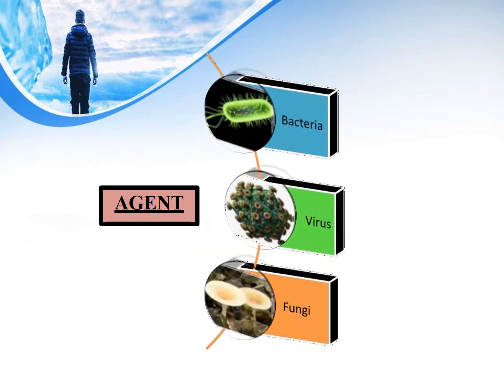Now about the external agent in the epidemiological triad. The agent may be defined as a substance, living or non-living, or a force, tangible or intangible, the excessive presence or relative lack of which is the immediate cause of a particular disease. The disease agents are divided into broad groups as follows: biological agents, nutrient agents, physical agents, chemical agents, and mechanical agents. In biological agents, we have viruses, bacteria, fungi, protozoa, helminths, and arthropods.